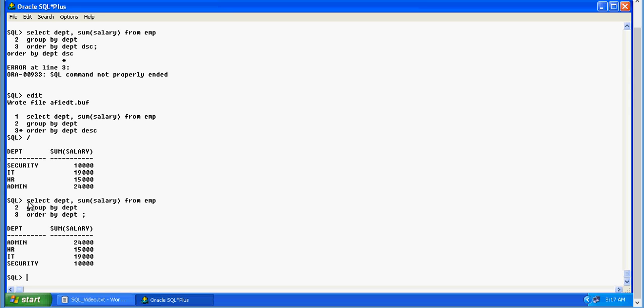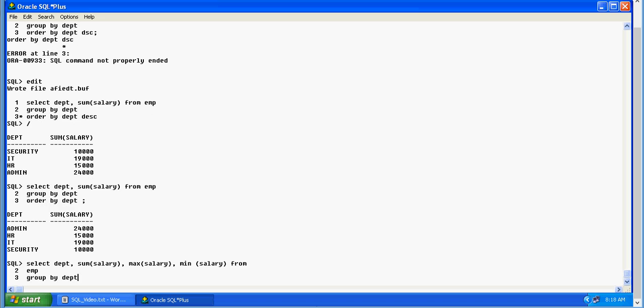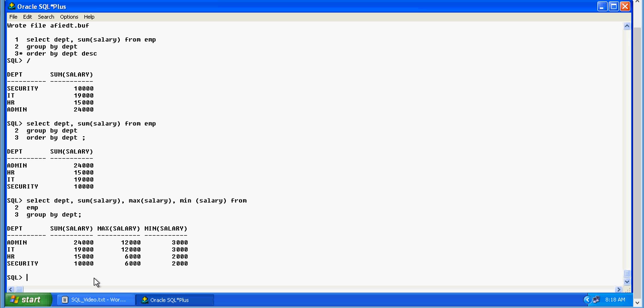Select department, sum of salary, which is an aggregate function, max of salary, which is the maximum salary for that department, min of salary, the minimum salary for that department, from this EMP table group by DEPT. So in the admin department, the sum is 24,000, maximum is 12,000, and minimum is 3,000. And this is how it's been displayed.